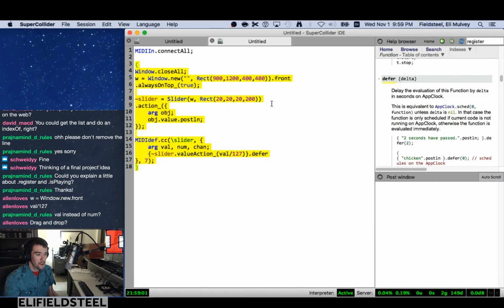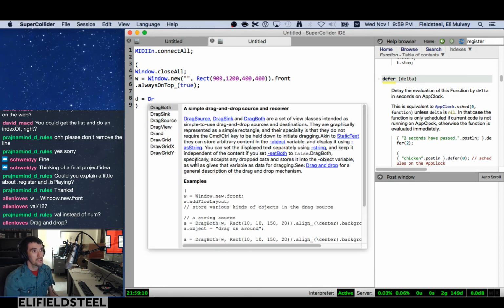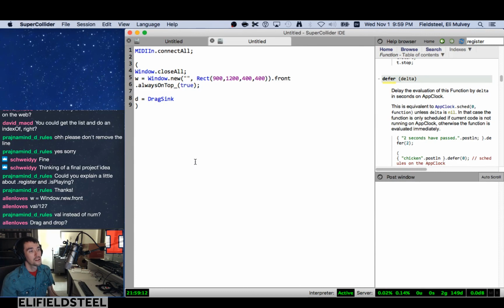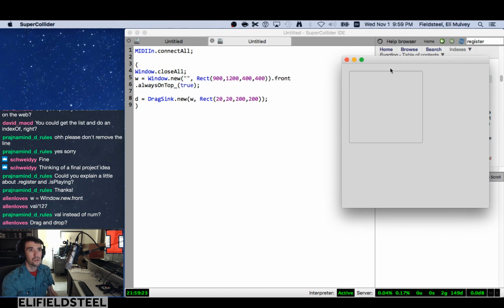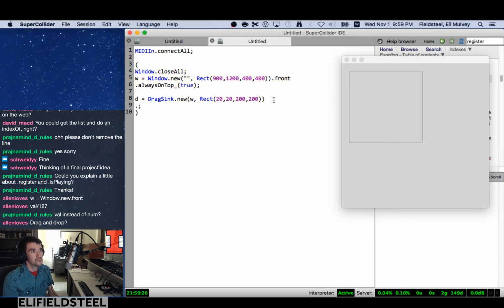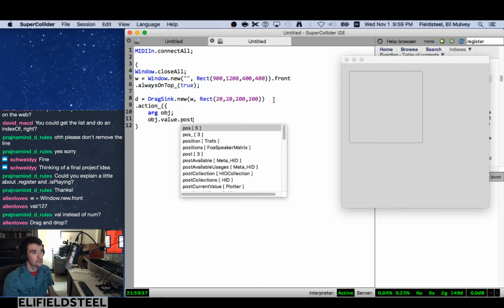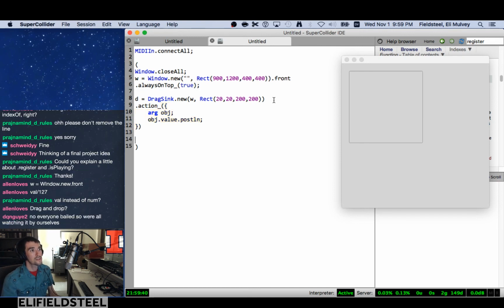Drag and drop. Okay, that's a good one. Let me quickly see if I can do some drag and drop stuff. So I think the object is a DragSink. And this is just a place for you to drag stuff. Let's see what happens if we do this, just post the value. And then let's also make a